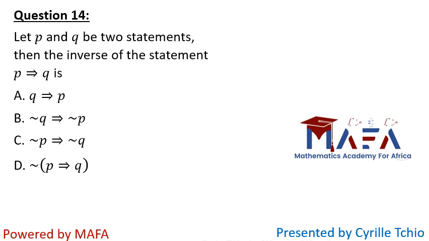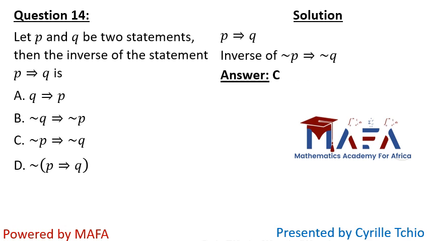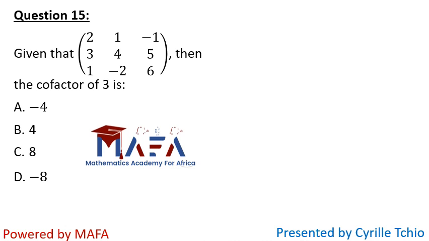It says let P and Q be two statements. The inverse of the statement P implies Q is, and that is just a direct question. You have this statement, and the inverse is just not P implies not Q. The answer is C. Question 15, it says given